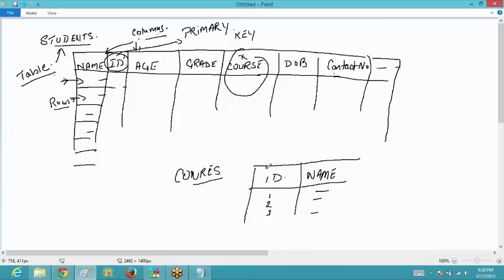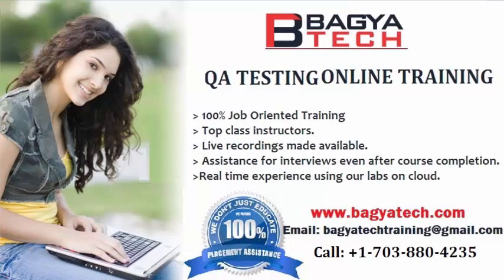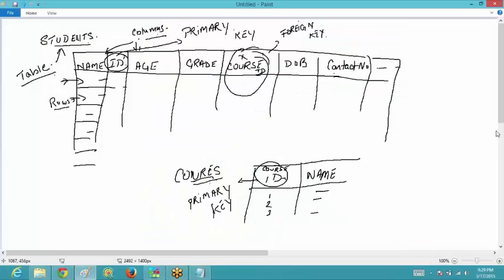Now if I'm using this course ID column over here, this course ID column would be acting as a foreign key for the student table, but over here in the courses table, this course ID is the primary key. Clear?